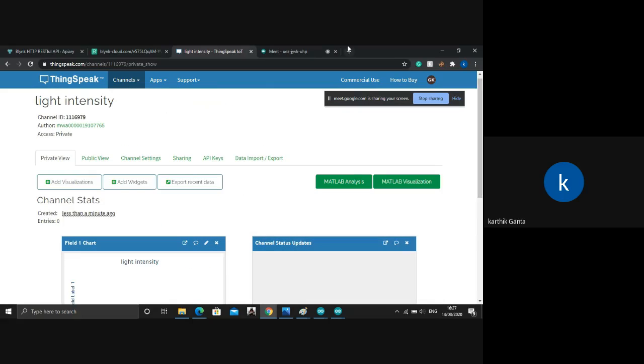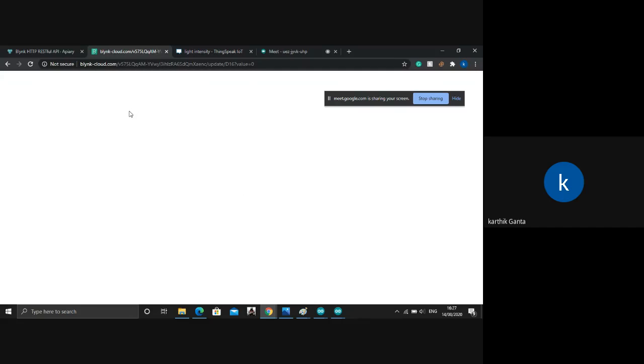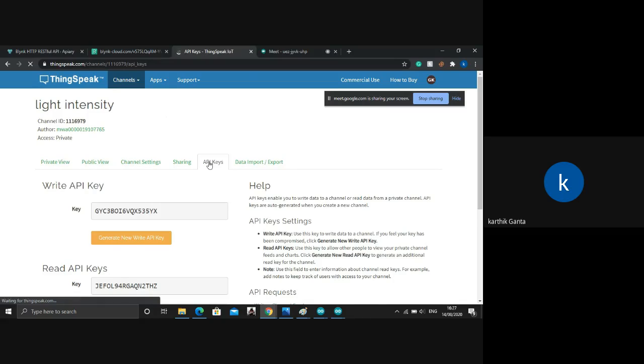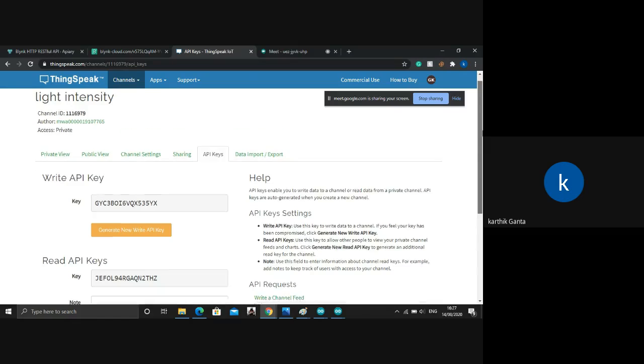You remember the previous class that we did using Blynk, right? We used the Blynk RESTful API. From the browser, we just changed the value of the LED. Now we are going to do the same thing. We'll use a RESTful API first, manually, and next we'll make sure the RESTful API is generated by using NodeMCU.